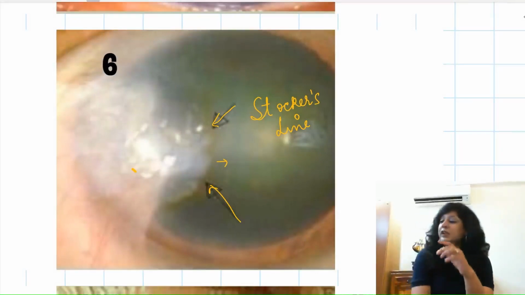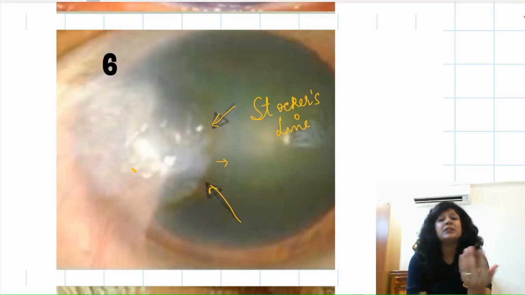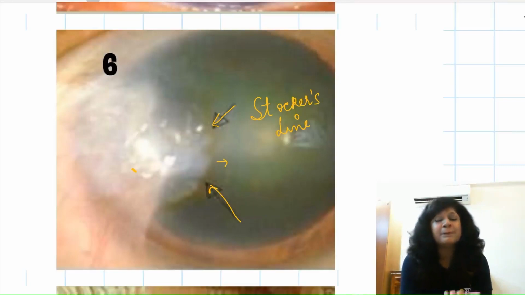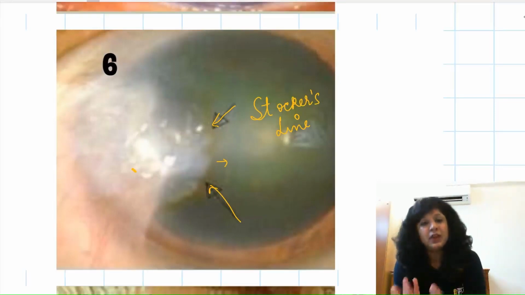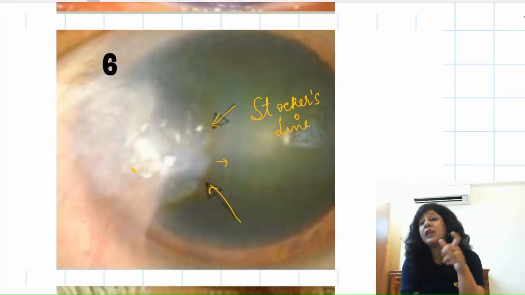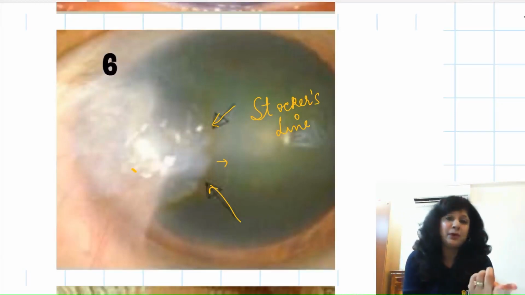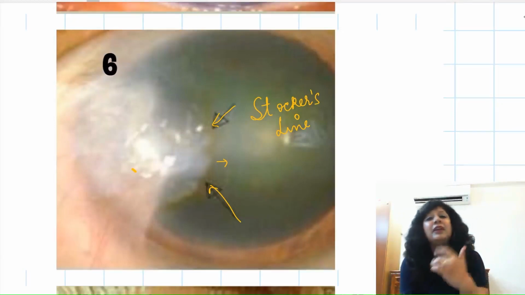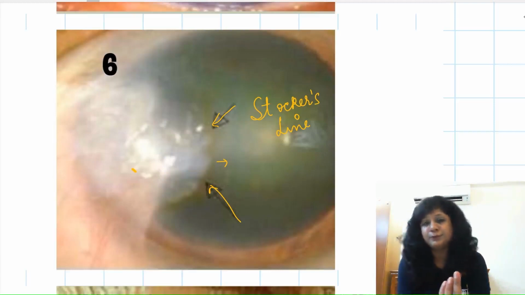So I have given you the list of the drugs, like we have mitomycin, thiotepa, you can give the beta radiations, we can even try the conjunctival autografting. Autografting means graft from the same person. You can take the conjunctiva and cover it. The reason is that I don't want to leave that area raw. Raw area will again lead to the development of pterygium, and every time there will be a regrowth. Obviously it will be wilder than before.